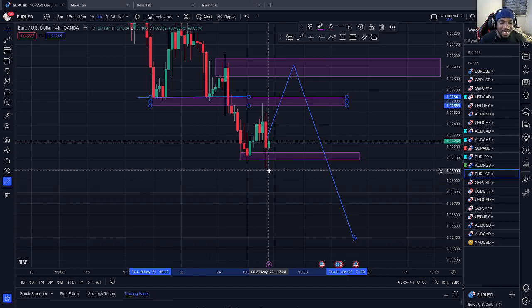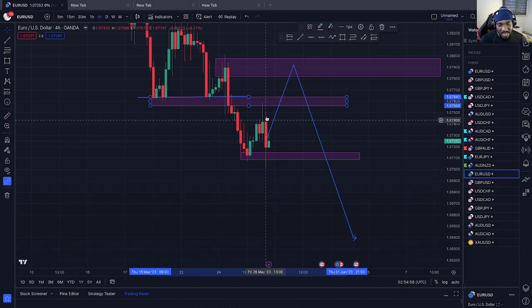What I'm thinking about this market is that it is going to come up to the zone before the sell off, because they are trying to make people sell, thinking, oh, it has come to our support or resistance and then we're moving down. No, the market is definitely going to come here, create a double top around here, and then push down,